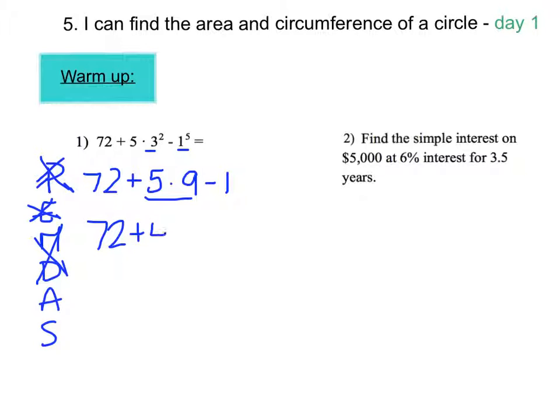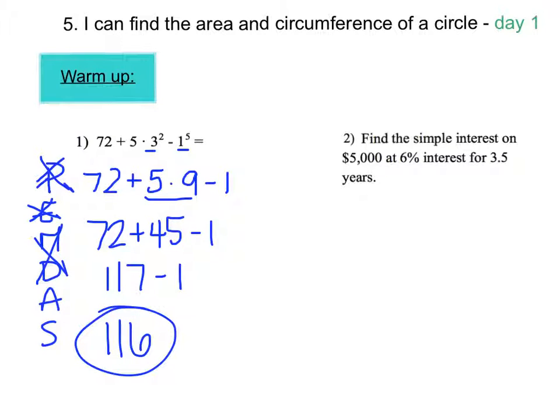7² plus 45 minus 1. And then addition and subtraction comes last, and we always go left to right. So 72 plus 45 is 117 minus 1 leaves us with a grand total of 116. Nice and easy. Our second problem is to find the simple interest on $5,000 at a 6% interest rate for